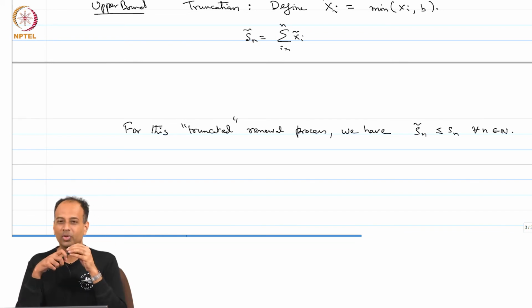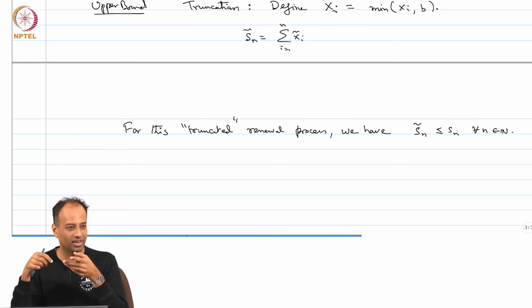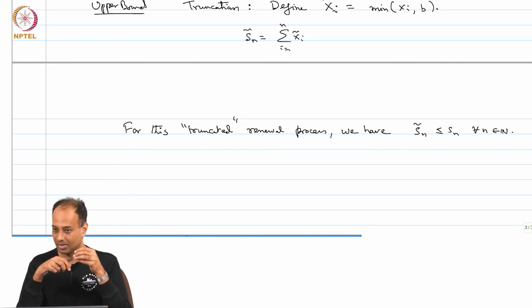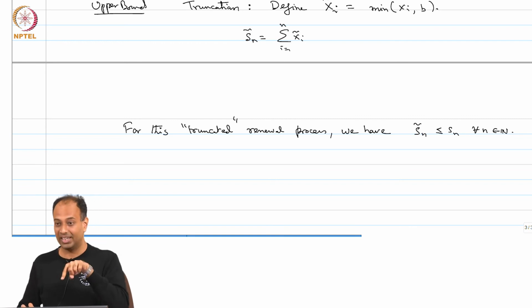Now, what can you say about N tilde t? In the tilde process, do the arrivals happen sooner or later? They happen sooner, right, which is why the epochs are smaller. So, if the arrivals happen sooner, then N tilde t must be larger, there should be more arrivals by a particular time, because some of these random variables might have been truncated. In fact, using the equivalence between Sn and Nt, you can prove that